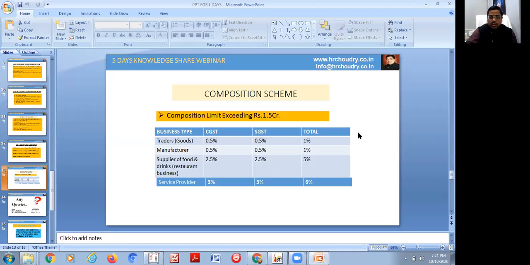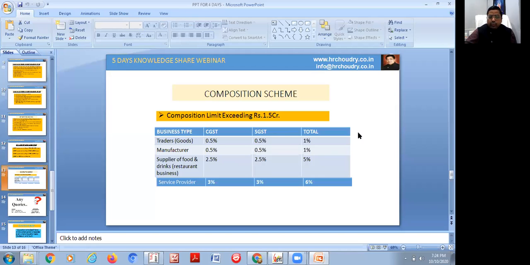dealer, and they cannot get the input tax benefits. If they are purchasing any material, in that case they cannot take the input tax benefits. Only their 1% will be paid to the government. Before adopting the composition scheme, you have to analyze whether your material purchase is more. If so, then don't go for the composition scheme because you are losing that ITC credit. According to your nature of business, you have to analyze whether your purchase input is more. In that case, you adopt the regular scheme. If you are adopting the composition scheme, you cannot get the benefit of ITC.